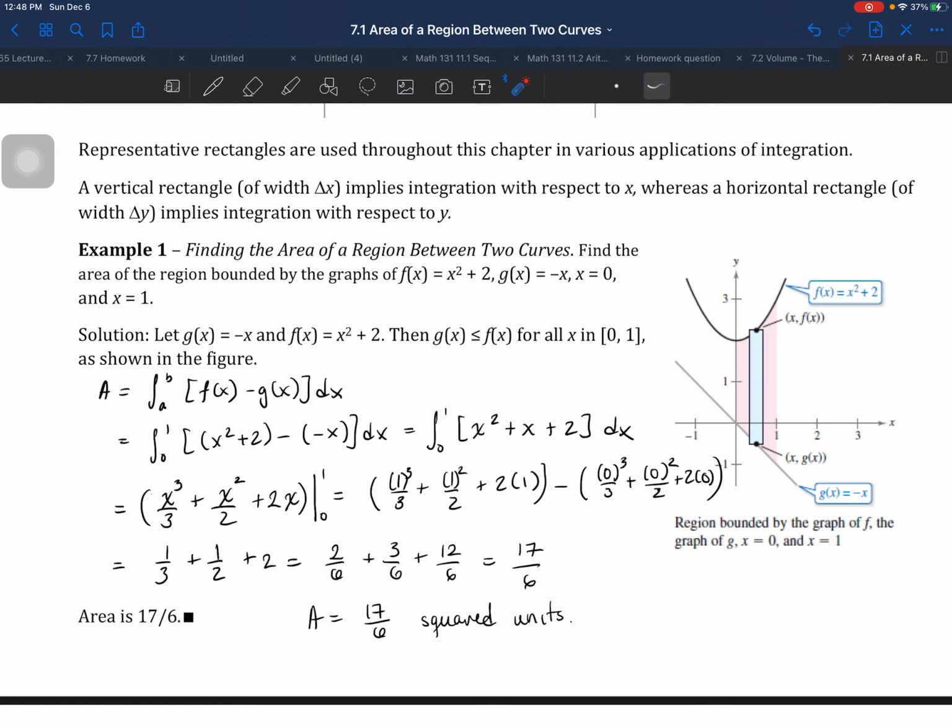We can figure out which is the top function and which is the bottom function by looking at the structure of the function, and making a rough draft idea in your mind. Sometimes it will require us to actually graph it, as you will see in a few examples later. For now, let's just focus on the picture, one step at a time. Let's get used to this concept of finding the area between two curves first, and then we'll get into more hands-on